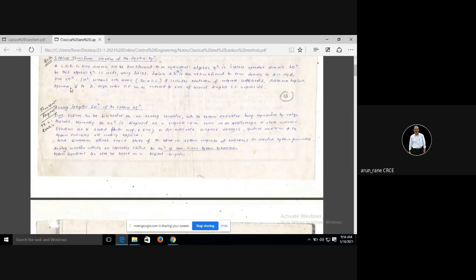So the Laplace transform, or Laplace solution, gives you both solutions. That is, it gives you the transient response as well as the steady state response. Say you have represented a system by a mathematical model, or by a differential equation, and then you solve that differential equation. In the differential equation you will get two solutions. One solution gives your transient response, and another solution gives you the steady state response.